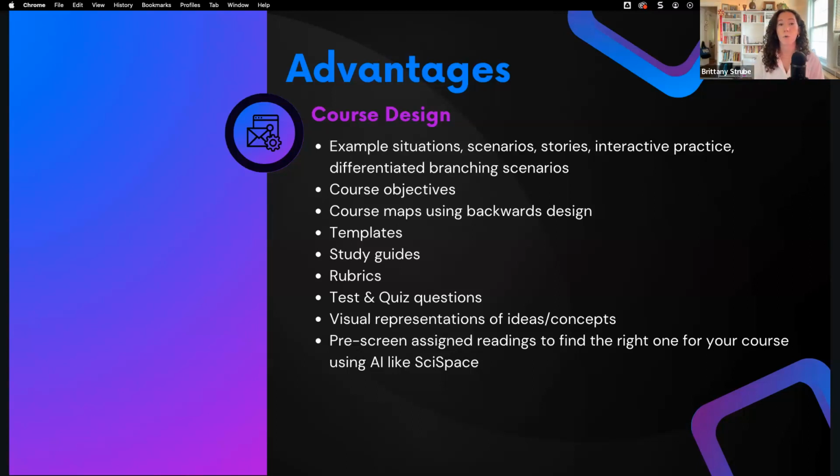So some advantages for course design specifically is really going to come around to having those very learner-based situations, making it so that we can really target the information that we're presenting students to what the information is that they are needing. So with different situations, scenarios, stories, interactive practice ideas. So, you can input an objective and say, create a story based on this objective, if you wanted to do a video with that story, if you wanted to do a branching scenario,